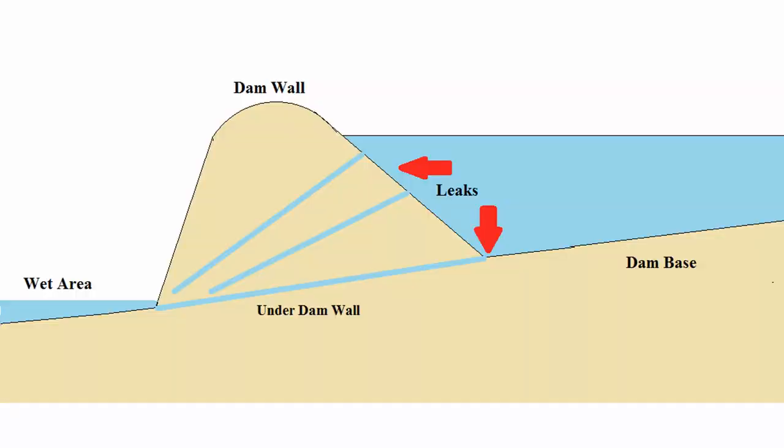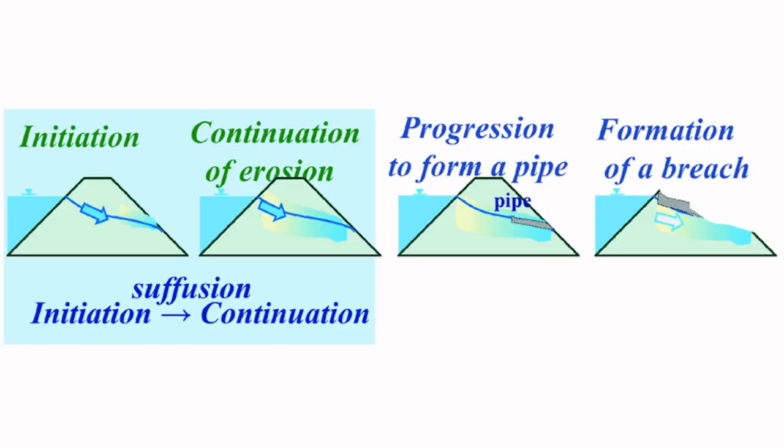So we see if there is a leak in the dam, under the dam or between the dam, which will cause leakage of water. Slowly, because of the weight of the water, these leaks become broader and will definitely create a big issue in future. This can lead to the breakage of the dam. Also we see internal erosion. Sometimes the leaks keep leaking water through the dam, and slowly, because of the erosion, a pipe is formed. A pipe is nothing but the widening of the leak,